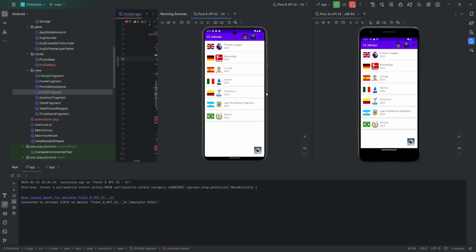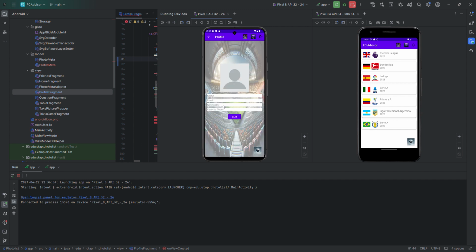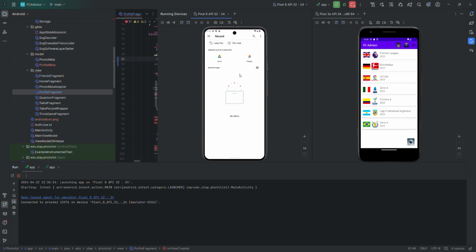And so I'm going to start with those parts, and then I'm going to go into the data part of the app. But I've set up already a user here that is empty, so that we can go through the different things that the app does. So the first thing I want to talk about is this profile fragment. This profile fragment allows you to do a couple of different things. Obviously, it allows you to pick a picture from your phone.